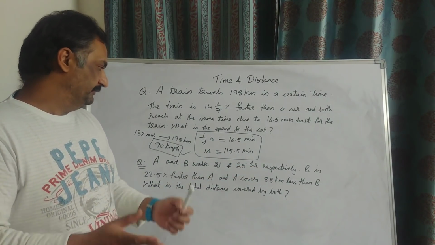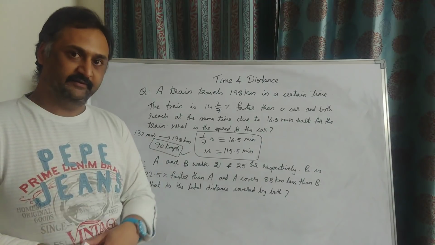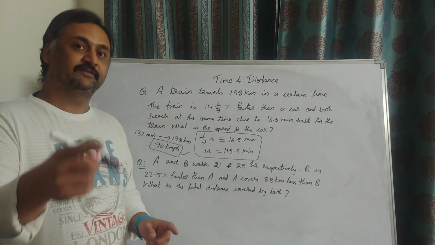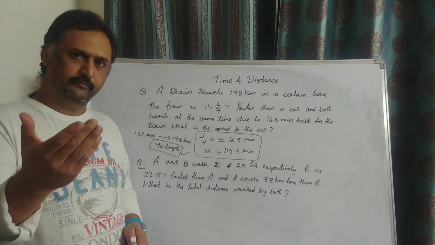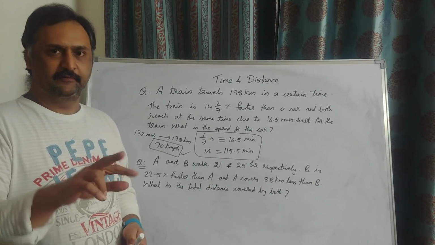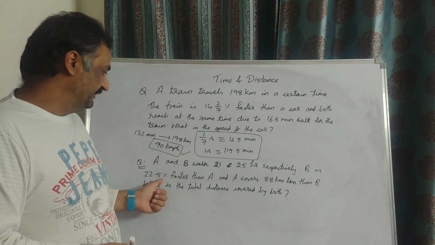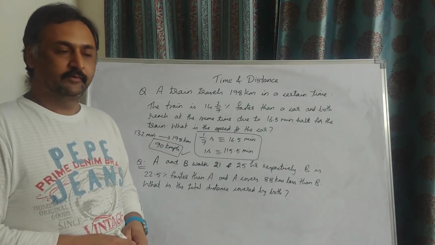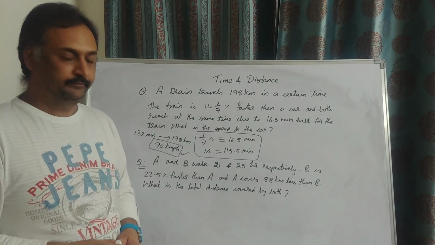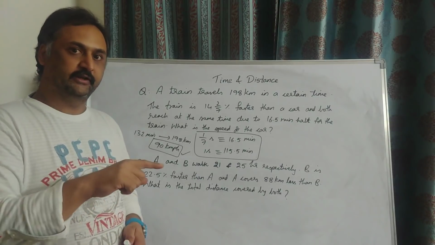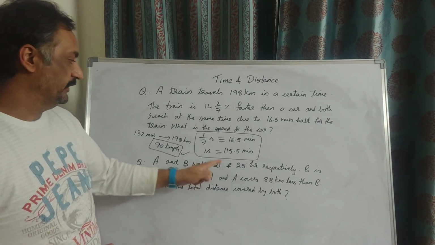Now, because we don't know any person's actual speed here, let us say A's speed is 100% and B's speed will be 100 with extra 22.5%. 22.5% is 22.5 by 100, which if you multiply by 2 is 45 by 200. 45 by 200 is 9 by 40. That means this person is 9 by 40 times more than that person. So if I take that person as 40, this person should be 49 because 9 by 40 more. So I assume that A's actual speed is 40, then B's speed will be 49. And A is walking for 21 hours.